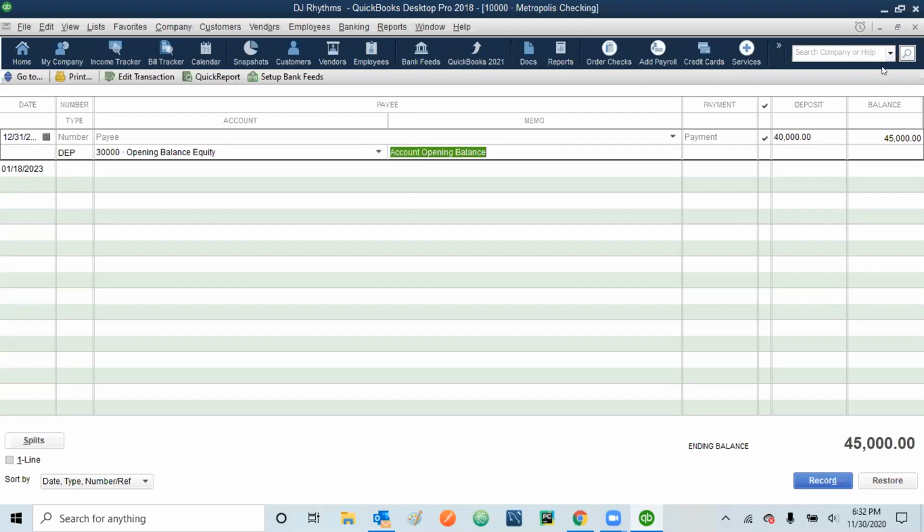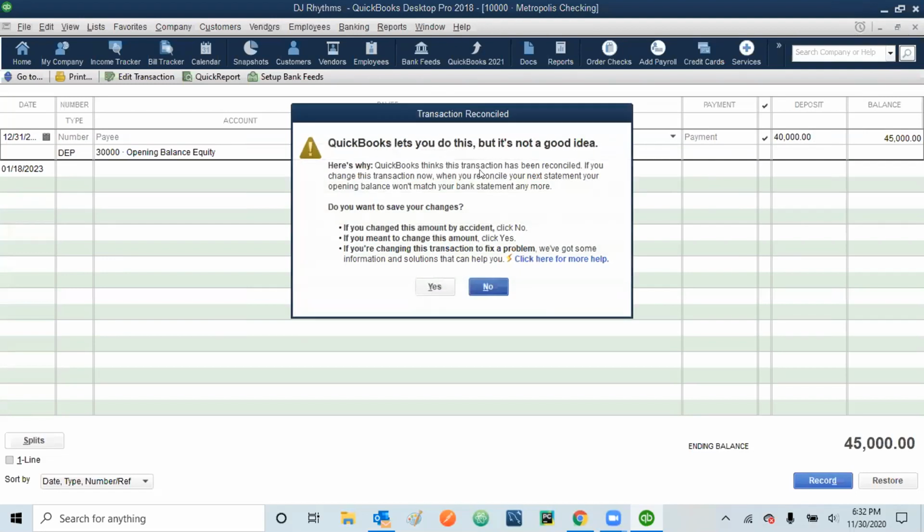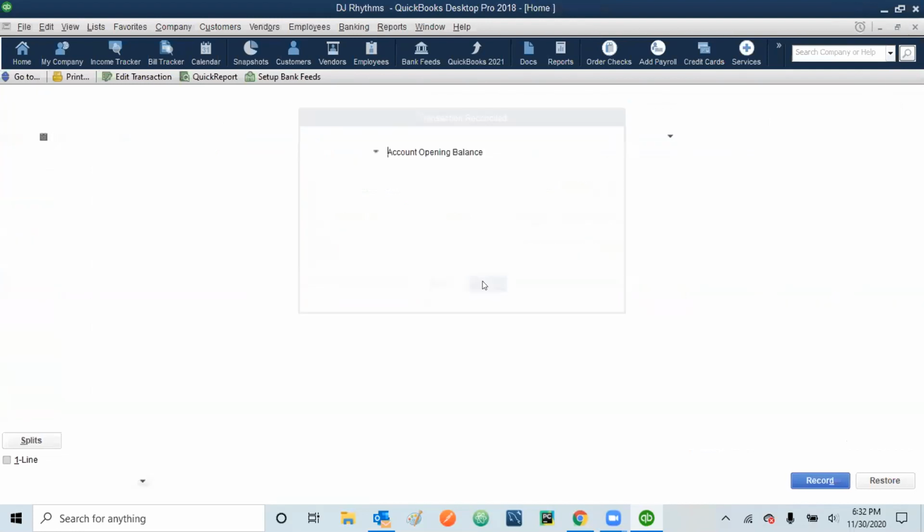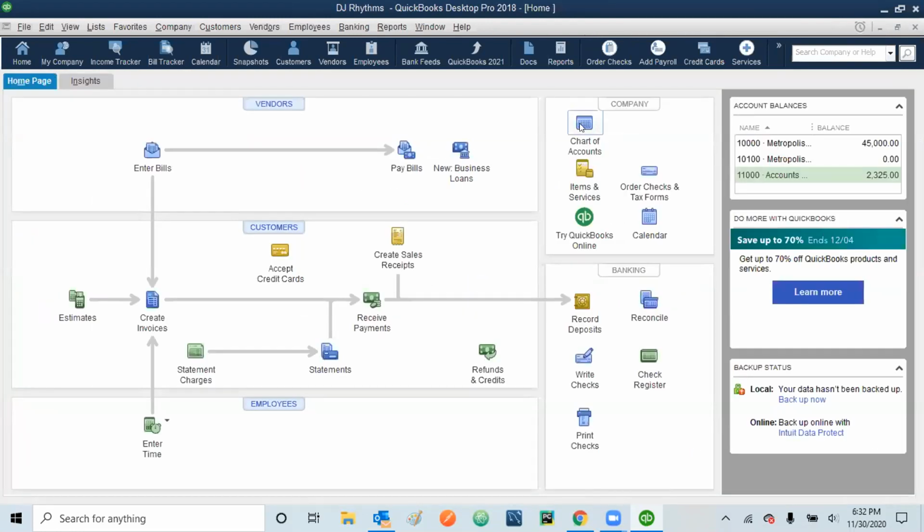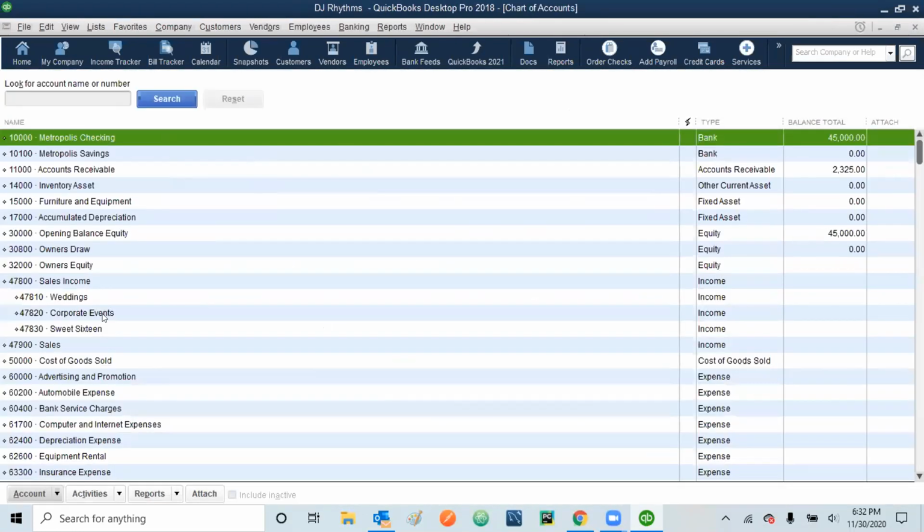Before making, I just want to do one more thing. I'm sorry. So let me show you one more thing. See, system is smart. This is what I wanted to show you. Your opening balance was 45,000. So system has also given you the balance equity as 45,000.